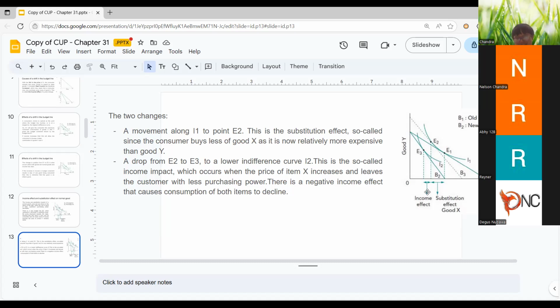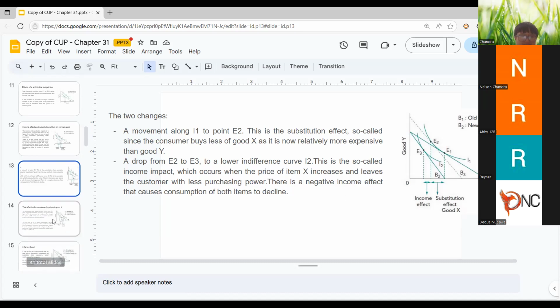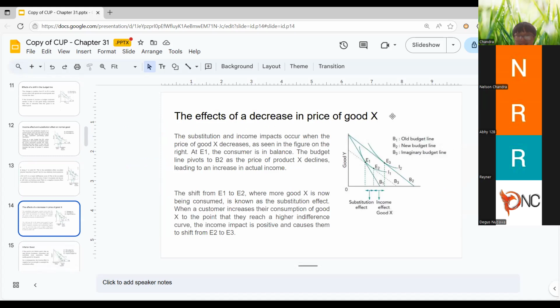If there is a decrease in the price of good X, only then will it happen that way. Otherwise, it will be happening this way. So that is going to be the direct opposite of this scenario for the positive income effect. I'll move on first, then you will see the difference soon. Yeah, this was your question.